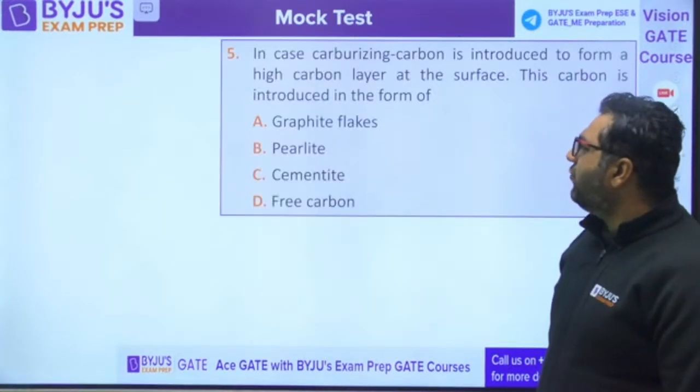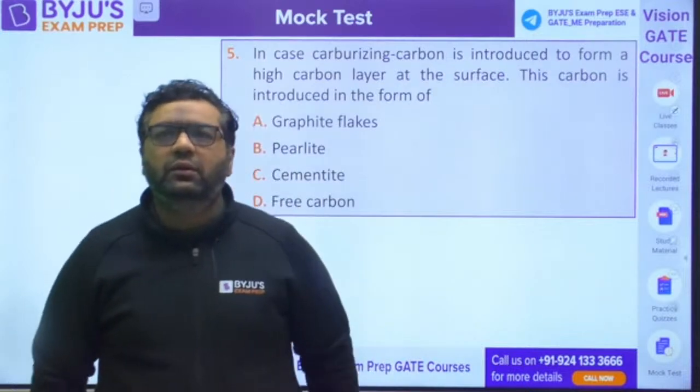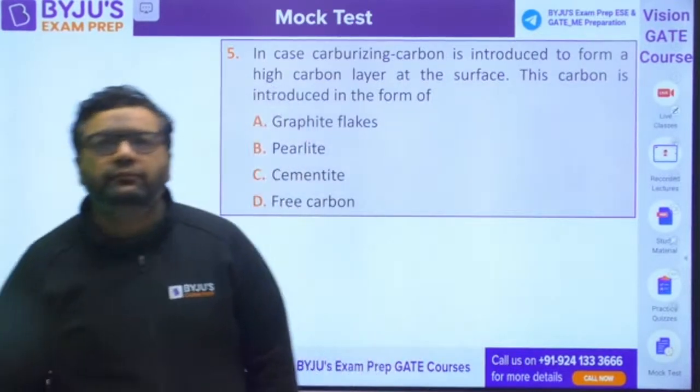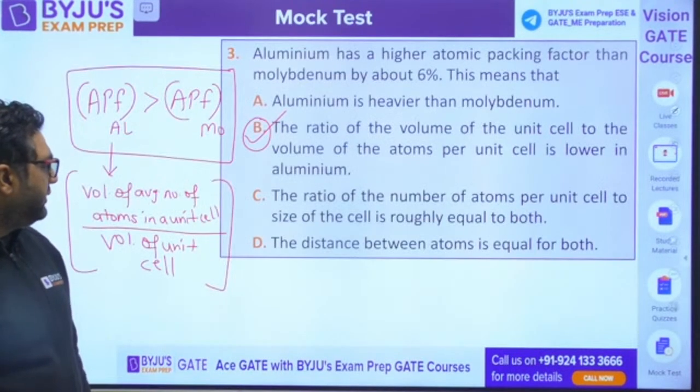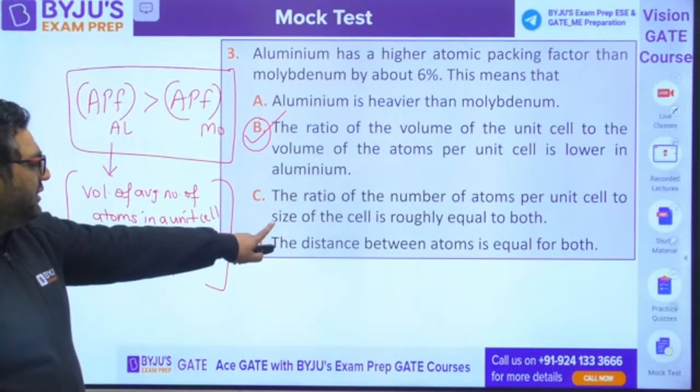Moving to question number 5, guys. Okay, Vamshi, I am looking at that question. The ratio of number of atoms per unit cell to the size of the cell is roughly equal to